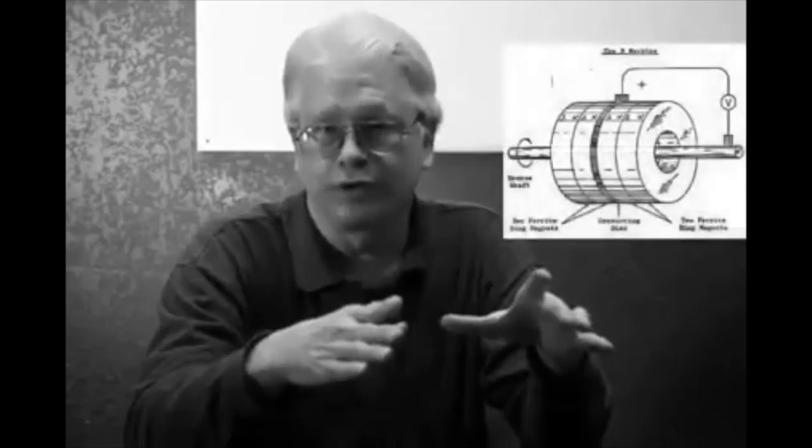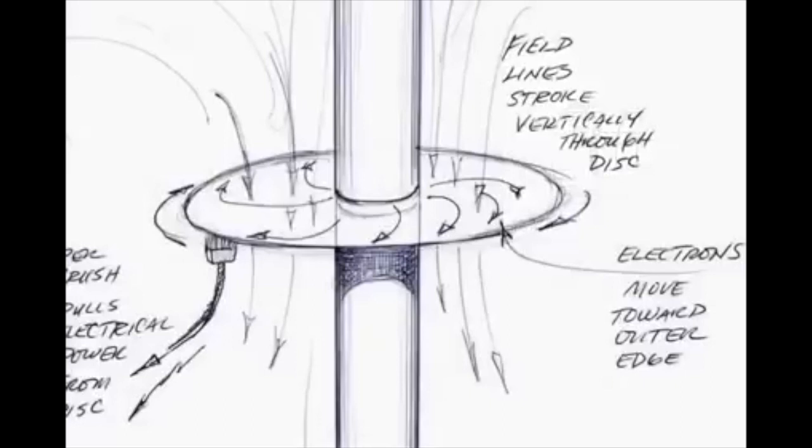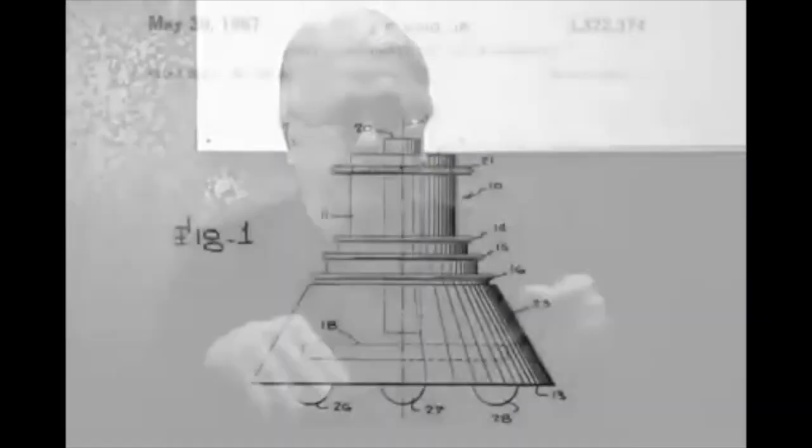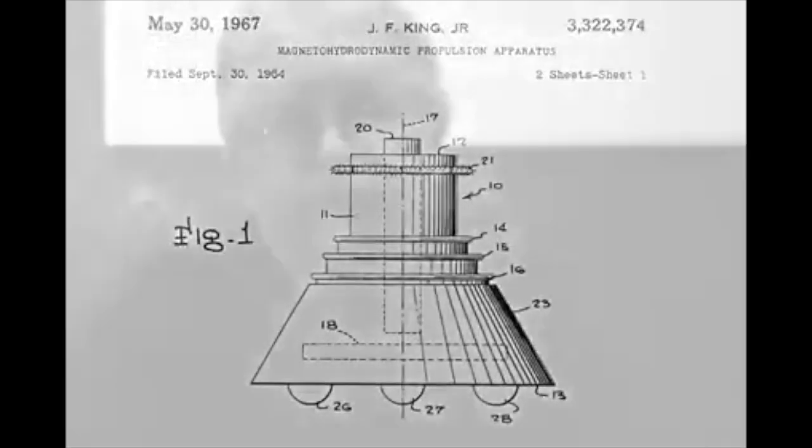But in effect, what I think its actual function is, is similar to what is called a homopolar generator, where you can use the centrifugal forces of a spinning conducting metal disk to actually throw the electrons in the material out to the edge, where they can be literally tapped off with something that looks like a brush that has conductive bristles. Now, I believe that this vehicle develops probably several million volts of voltage, and the sheer